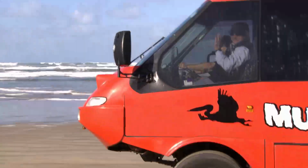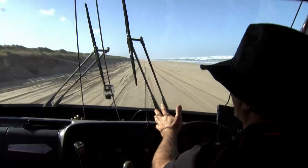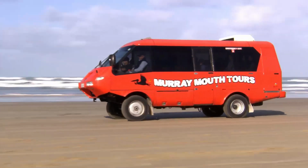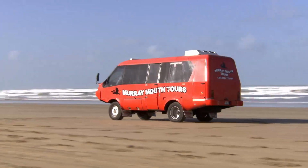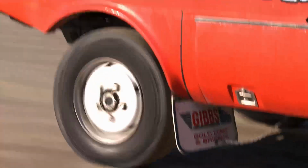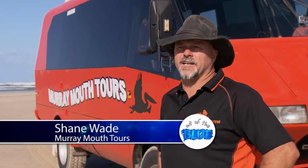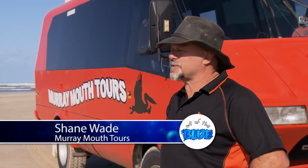After all the excitement of our train ride, I've discovered a very different way to see the South Coast. It's Shane Wade's Murray Mouth Tours. Shane runs these tours along Goolwa Beach in his big red bus. It's obviously a four-wheel drive bus, and it allows us to bring people down to experience the Murray Mouth here